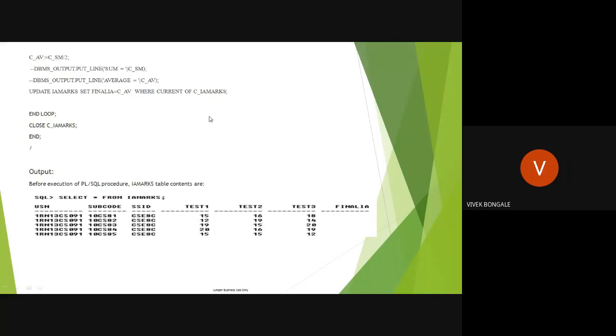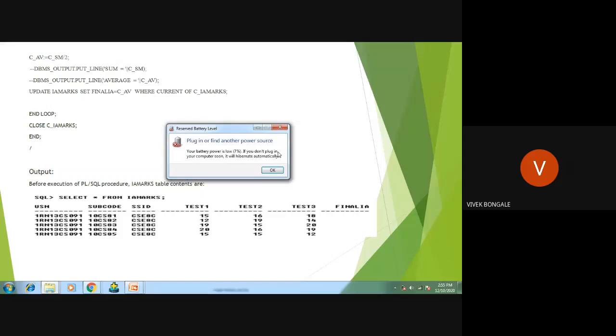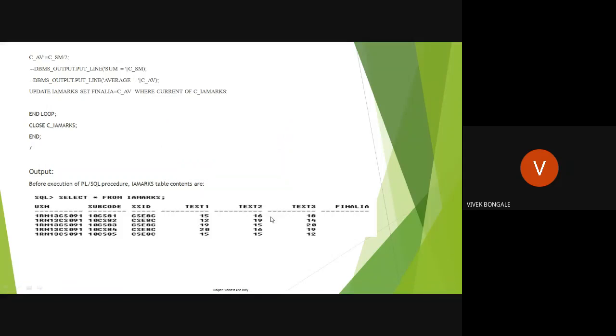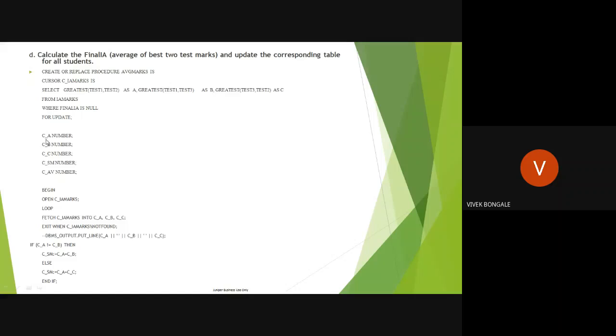This cursor has the first value, meaning after executing 15 plus 16 plus 18, it's going to store this value here, correct? Then end loop, close C_IA_marks, end, right? So we are executing